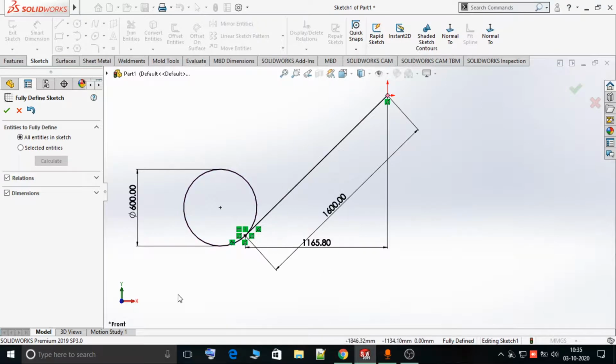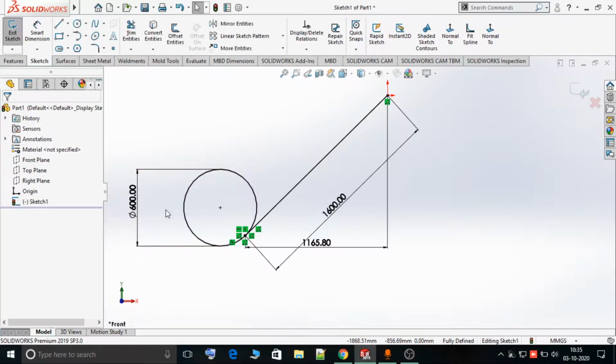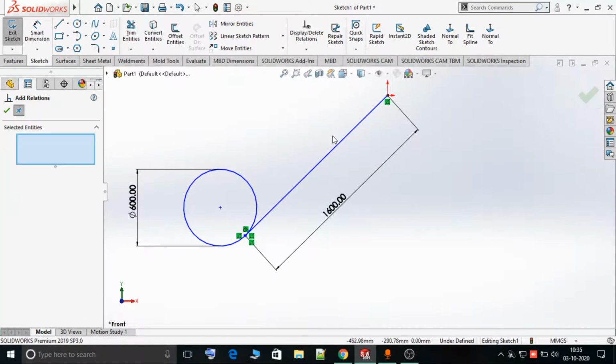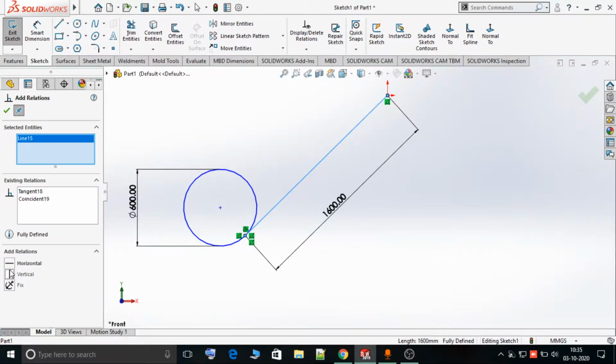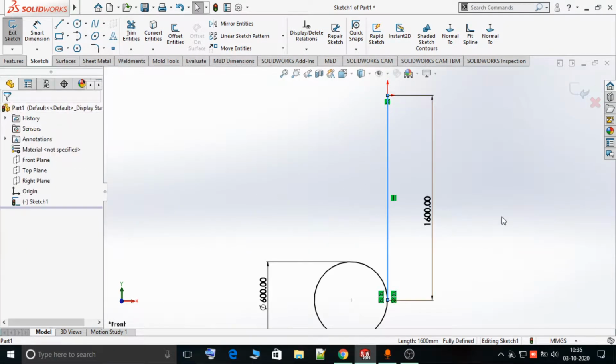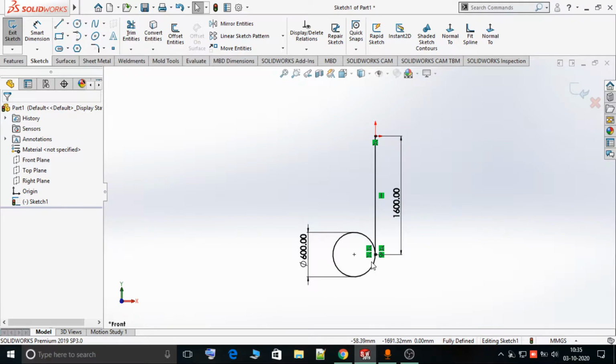So in this way we can fix this sketch at a given position. But if you don't want it to be fixed in a given position, then you have to add different possible relationships. One possibility is, if I want to add a relation for this line to be vertical, then again we can see this sketch is fixed.